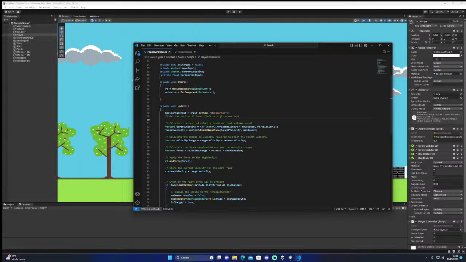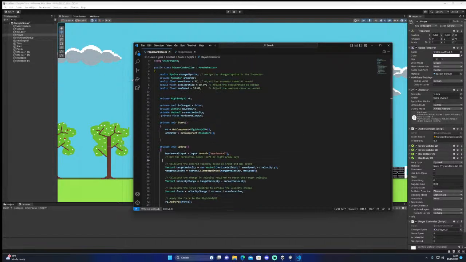Or do I need to add it all in the... Max speed.